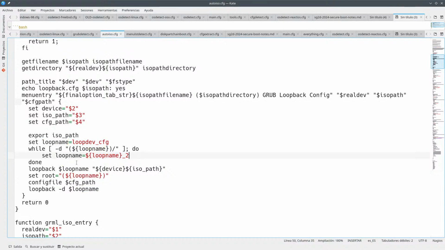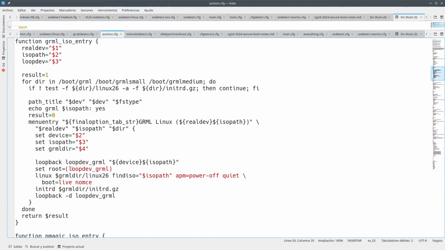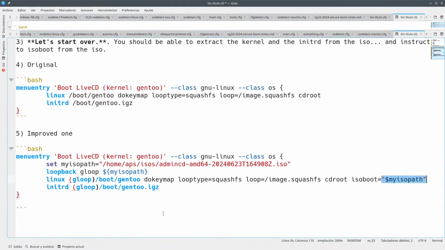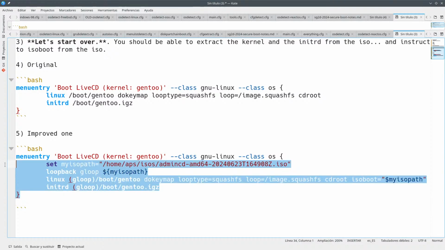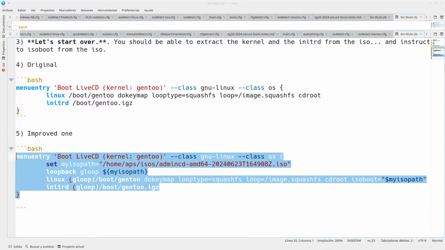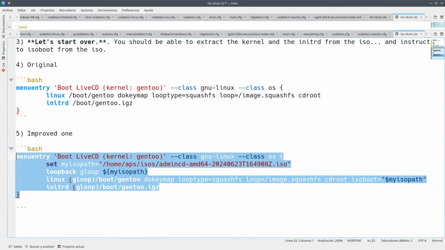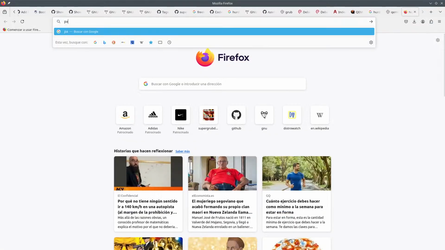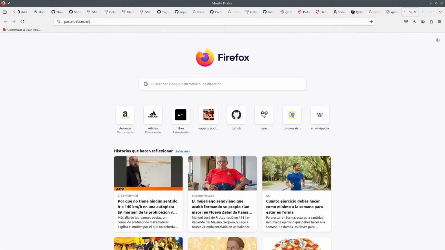Oh, so you keep going, putting 2. Yeah, find isopath. Yeah, you can put double quotes, there's no problem. Yeah, so that's it. So this thing, I mean, let's do this stuff. Paste Debian.net.